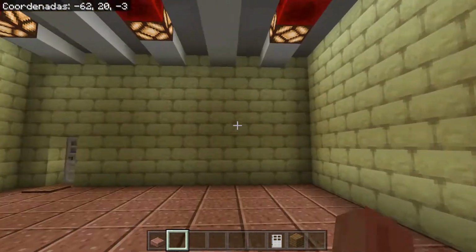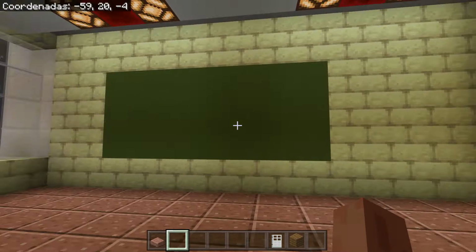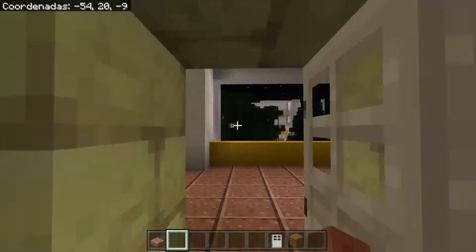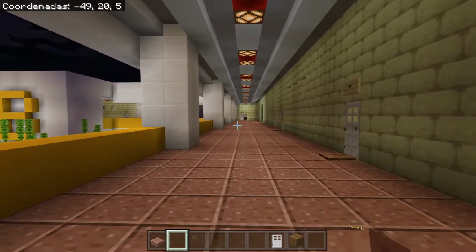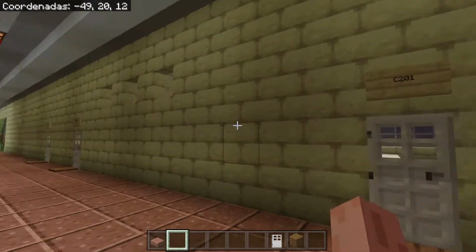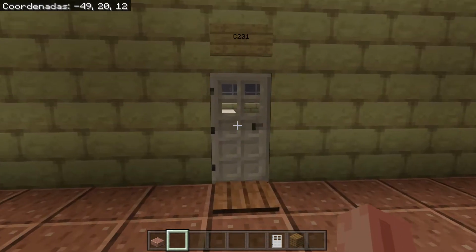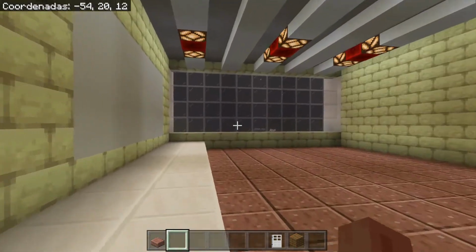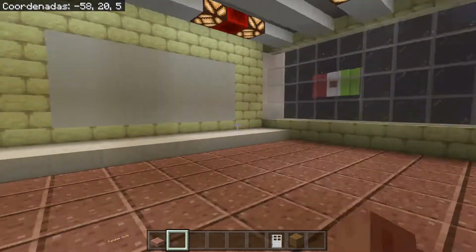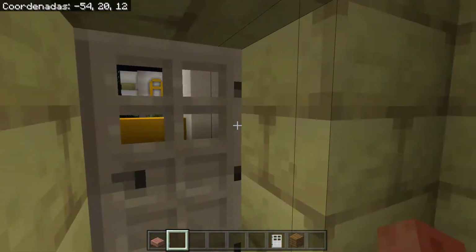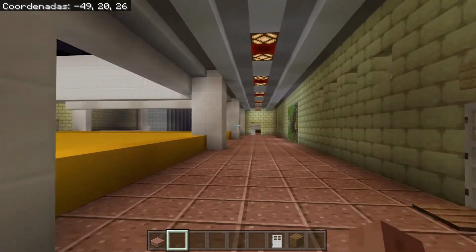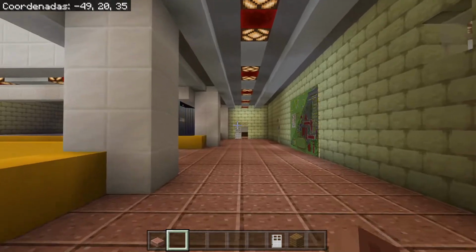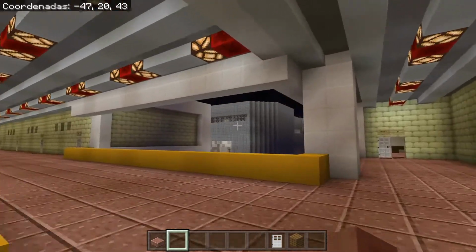Here's one more classroom. Here you have the board, and you have probably noticed that we don't have any furniture yet. That's because in order to add furniture we have to buy it. That costs money, and well, that's something we haven't done yet. We might do so in the future. Right now the way it is is just fine because we can already do so many things here. I'm going to go to the next floor.